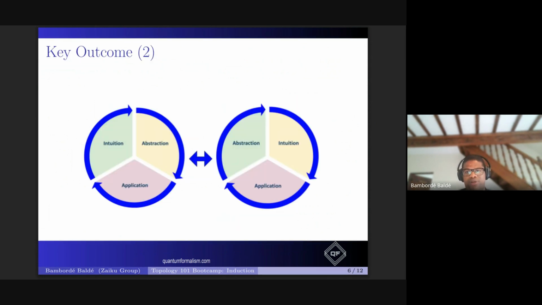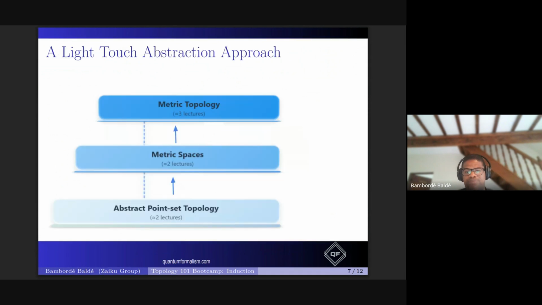If we start with metric spaces, it will be very hard for you to develop this mental framework. So it's better to start with abstract point set topology to show that topology is very general, and that there are other types of topological spaces that are very useful.